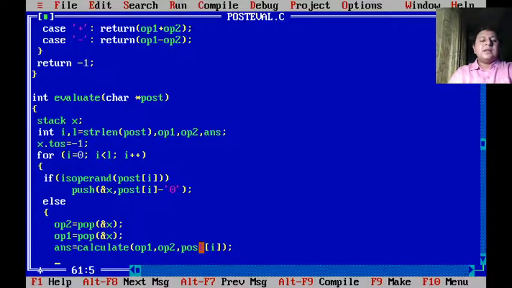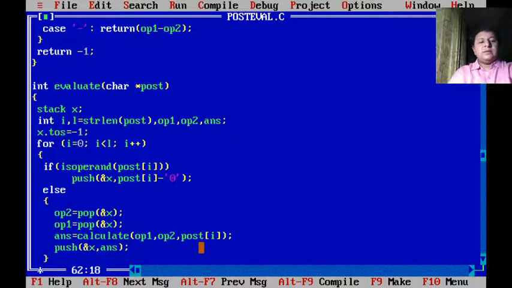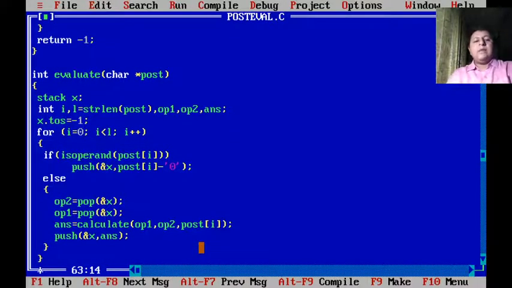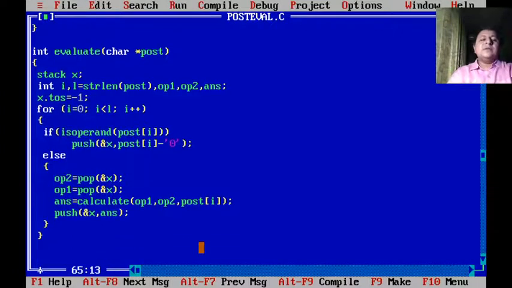You know what to do with the answer? The answer should be pushed back onto the stack. And that has to be repeated. So that will be repeated in the for loop. Every time I get an operand, I'll push the operand, but the integer value of the operand. Else, I'll pop as OP2, pop as OP1, apply the given operator using the calculate function, and the answer is pushed back onto the stack. So when I come out of the for loop, as I said, I should only have one single value on the stack, which I will pop, and that will act as the answer. So the next is return answer.